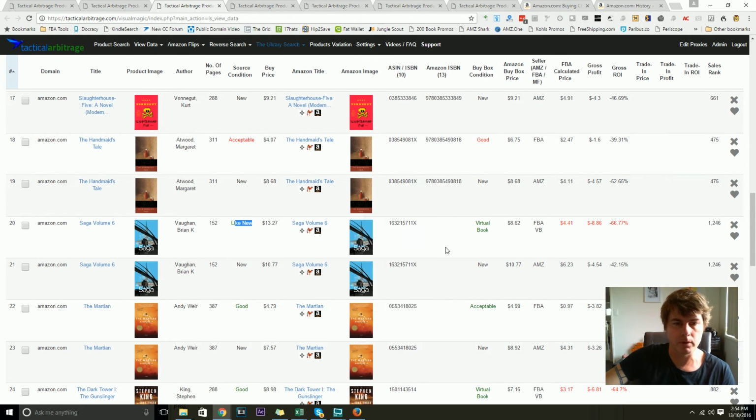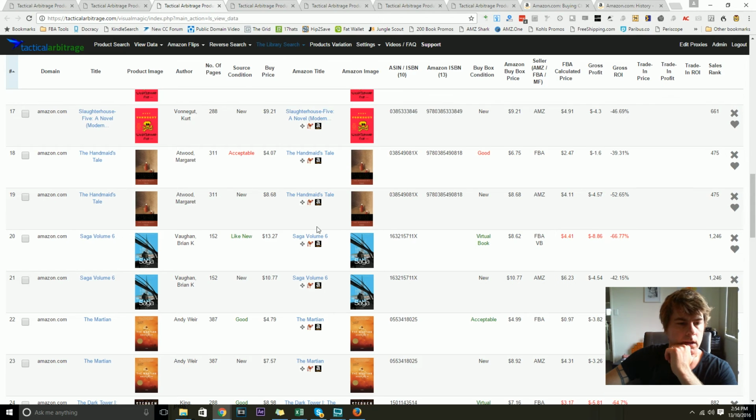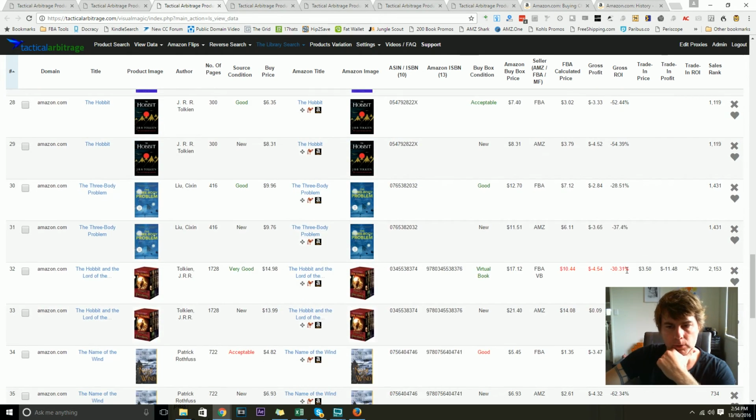It's green as well because it would be the same book, and there's nothing else to use as a point of reference. It says fulfillment by Amazon VB for virtual book, and the price that it has created is the new price less the percentage, and then the calculations are done accordingly. Now we mark them in red because it's virtual book pricing, so it's not necessarily 100% accurate, and it just gives you an indication. So every time you see that red there, you know that there's a virtual book sitting right beside it, and we can look for deals amongst the virtual books,